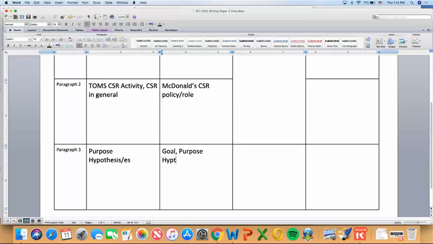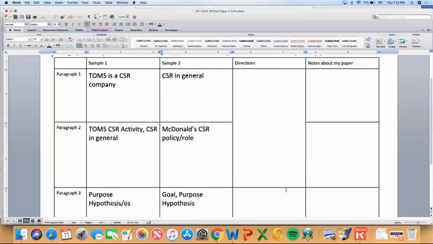So, hypothesis. Okay, so even though this is for a CSR paper, we can still take these ideas and make them into directions that we can use in our news media paper. Do these use the same structure in the first 2 paragraphs? No. So how are they different? Oh wait, first let me ask, how about the third paragraph? Are those pretty similar, even though it's different topics? Yes. So those are pretty much the same. But the first 2, how are they similar? How are they different?